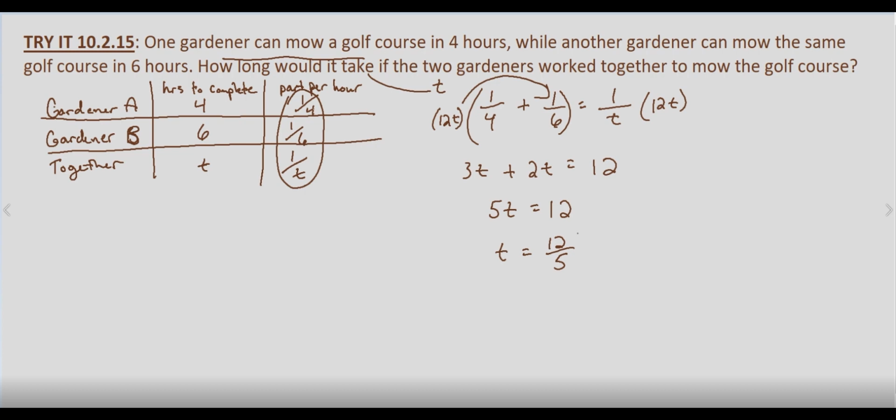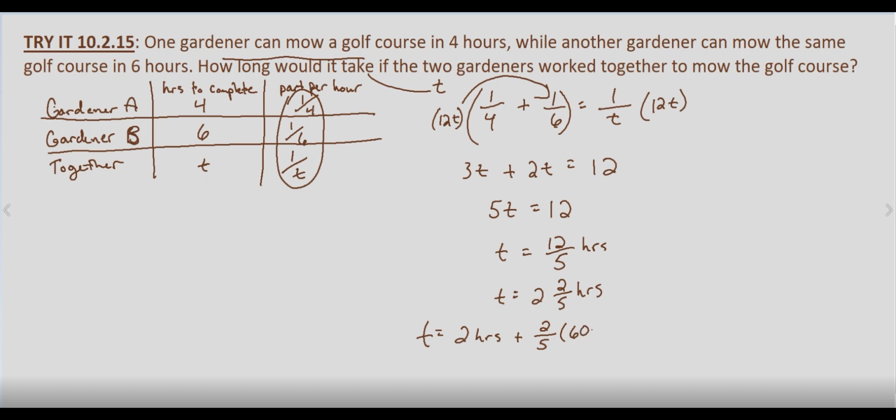12/5, and our time is in hours. And writing that as a mixed number, we get T equals 2 and 2/5 hours. And since we have part of an hour, let's go ahead and rewrite that as T equals 2 hours plus 2/5